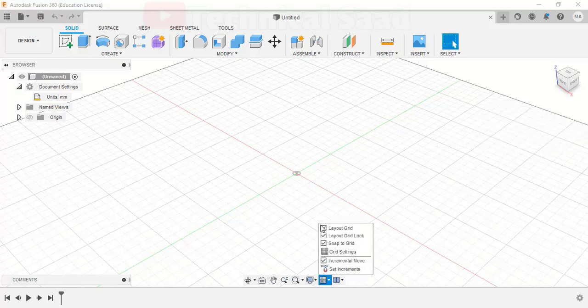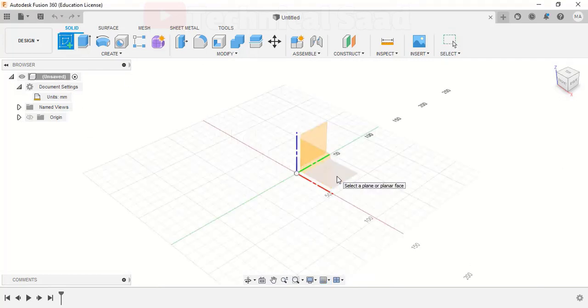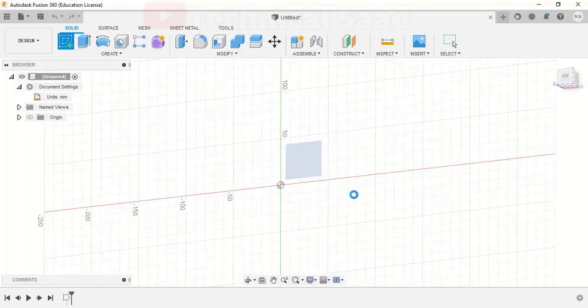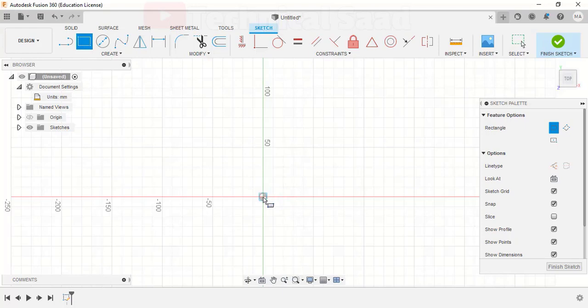To start construction, click on Sketch on the top left corner of the bar. Now choose the XY plane to create the base of our basic construction. You can see the option of rectangle on the top left corner of the bar, or you can press the R key for enabling that option. Type the desired length in the columns.